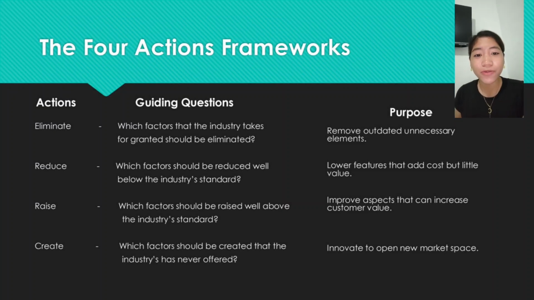What should be improved beyond the standard? Then create. What new value can attract customers? For example, Netflix eliminated video stores, reduced late fees, then raised convenience and created online streaming, completely changing how people watch movies. They reduced the late fees and